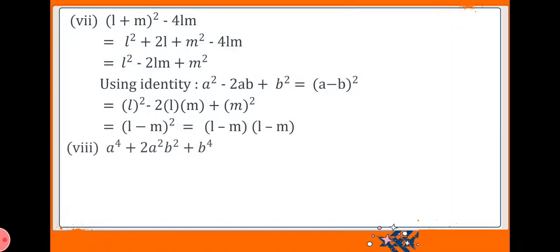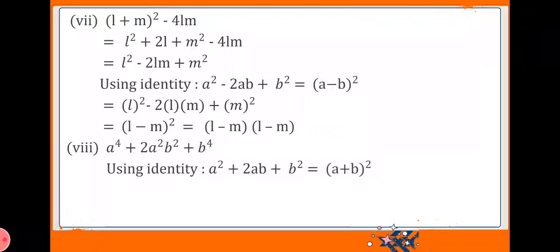Next question number 8. a raised to 4 plus 2a square b square plus b raised to 4. Again, the middle term is plus, so we'll use the identity a square plus 2ab plus b square equal to a plus b whole square. Now a raised to 4 is the perfect square of a square. So we write a square whole square plus 2 into a square into b square plus